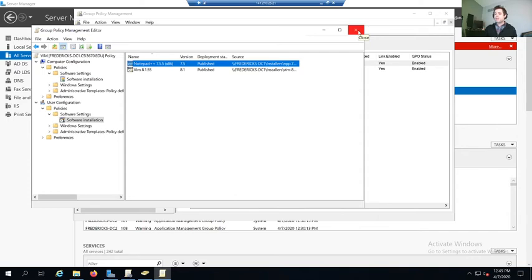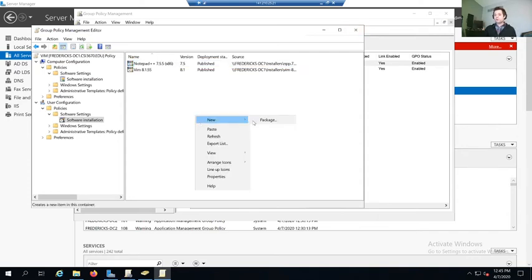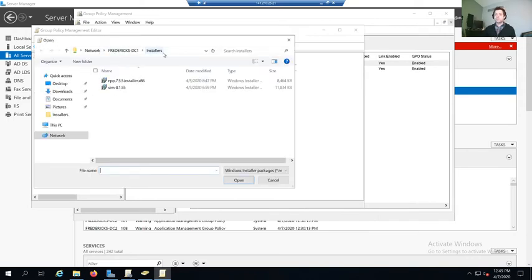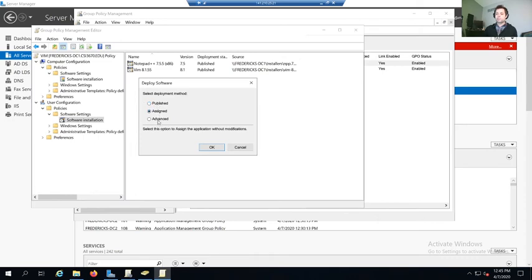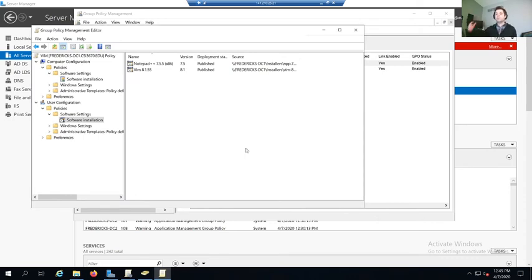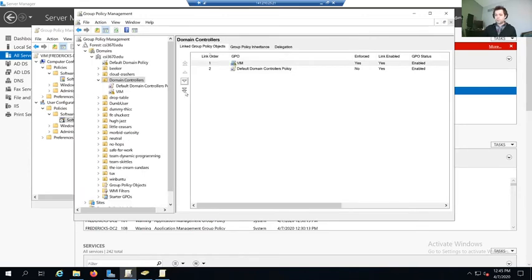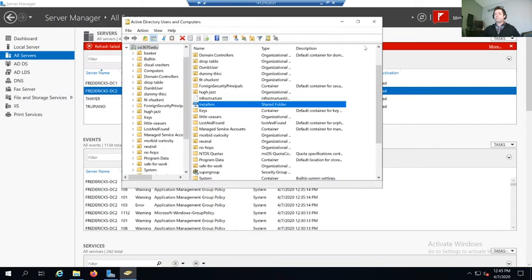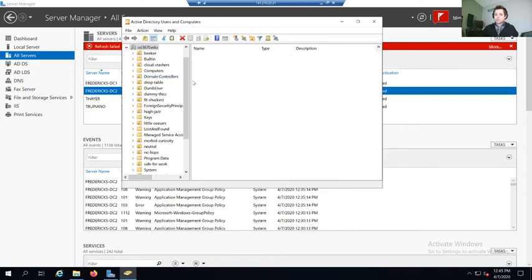But anyway, if I wanted to create a new one, for instance, I would do new package. This is basically what I did. You would put the UNC path and then click the installer that you want. Let's add Vim. Which option do you want to use? And then it should just blast it out. Okay. So close this, close this. Now in theory, when I reboot the machine, when I do a gpupdate /force, your policy would be re-downloaded. This install package would be forced out to everybody.